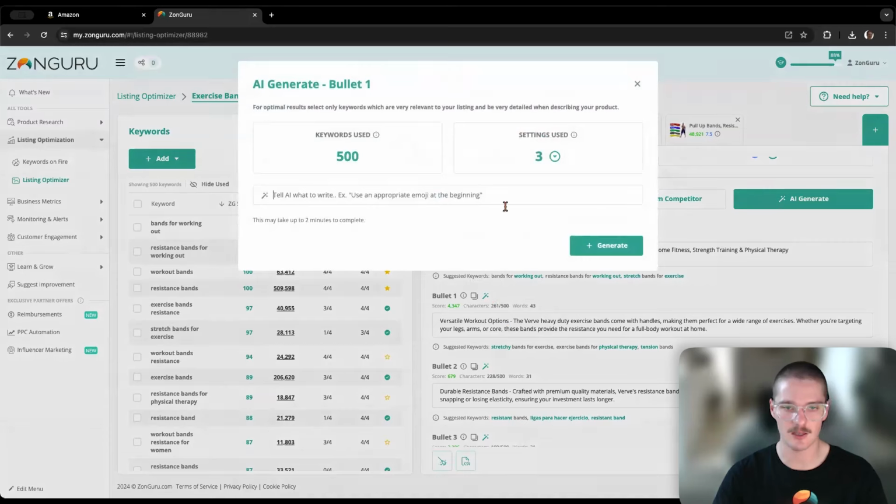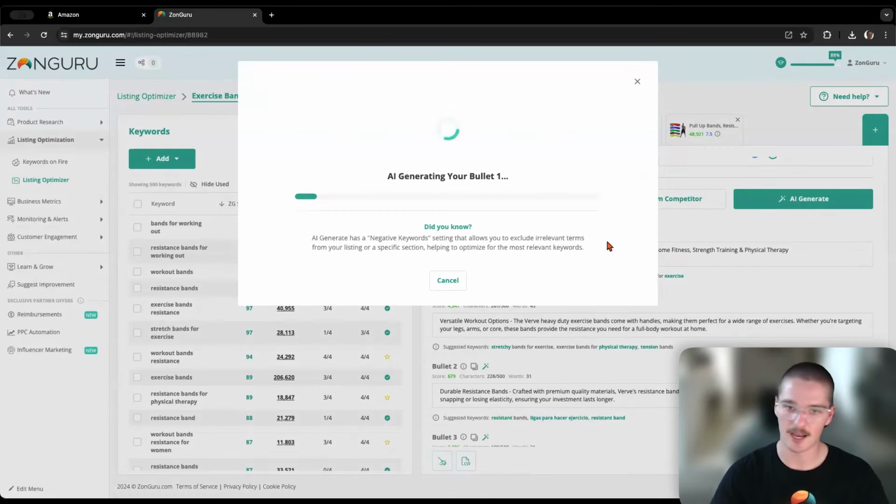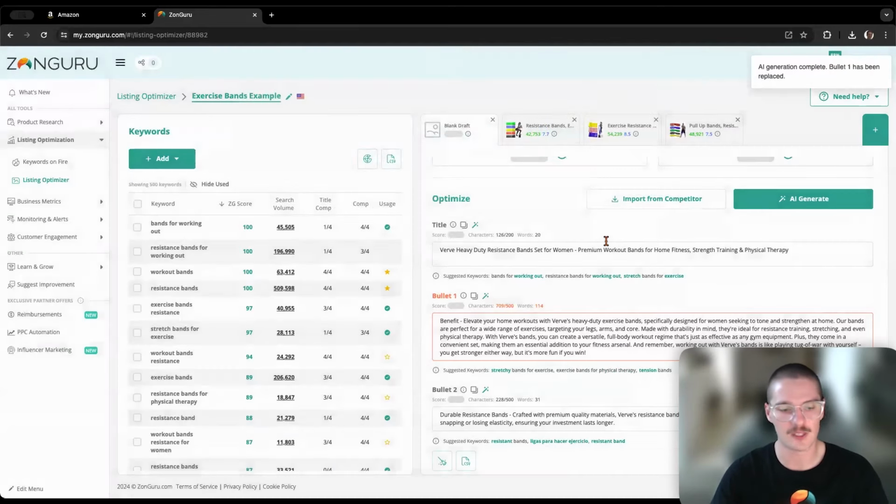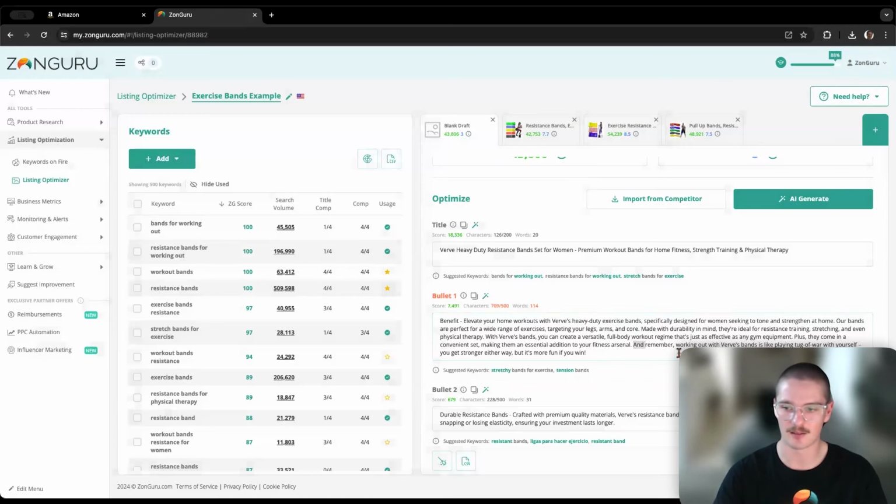So I click this section here, and I could say, write this bullet point using more than 350 characters. Tell a joke at the end. So if I hit generate now, it's going to do its best to do that. Now, you may not obviously want to put a joke in your bullet points, but I use that as an example because it really gives you an idea of how you can prompt the AI, what you can prompt the AI with. So you can see we've gone over the character count. So next time I might say between 300 and 700. And then down at the bottom, it's put that joke in for us.